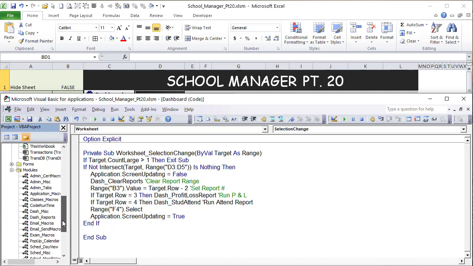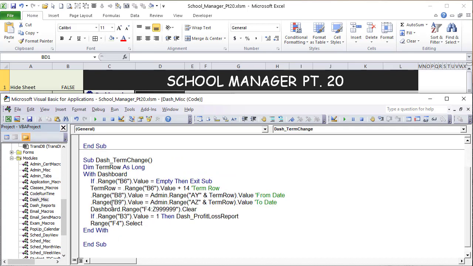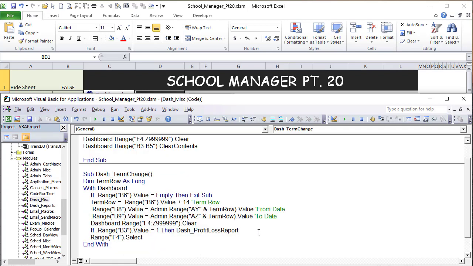When the term changes, we also want to run it. That's in the dashboard miscellaneous. Here's where we want to run it. In this case, if dot range B3 equals 4, then we're going to run it. Then run the dashboard report. Then run this. Put the then in. Okay, good. So now we can run it both on the, this should be 2, not 4, row 4, this